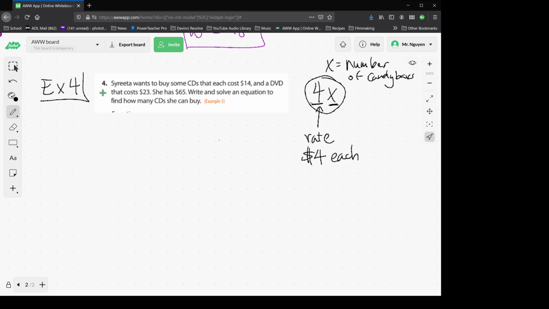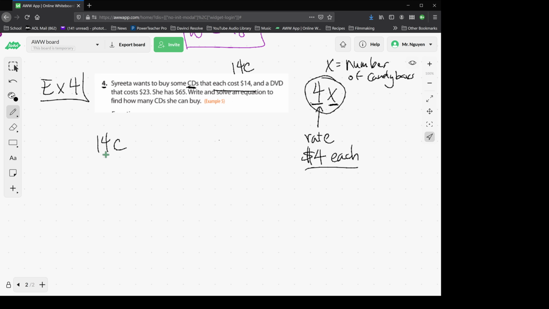Okay, let's go back to example 4, number 4. Eureka wants to buy some CDs that each cost $14. Hey, look at that, each. That's going to be a rate. So it's going to be $14 times a variable. Let's say C for CD. There you go. We have a rate. And a DVD that costs $23. Just one DVD, right? So it's 14C